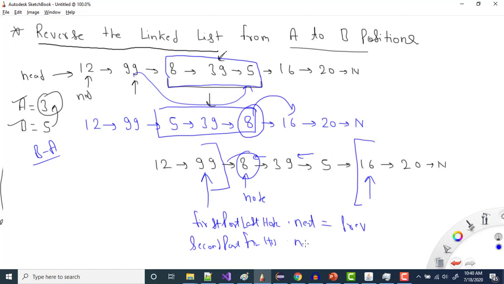So this next will point to the node. So what will happen, once we have reached till here, this 8 of next will point to this 16, because here we have this one, right? So basically this will point to somehow this one. So this is all that we are doing. The first point is reach till here, the second point is reverse this one, and the third point is just make the connection, right? So let me directly show you the code so that you can know what is happening here.